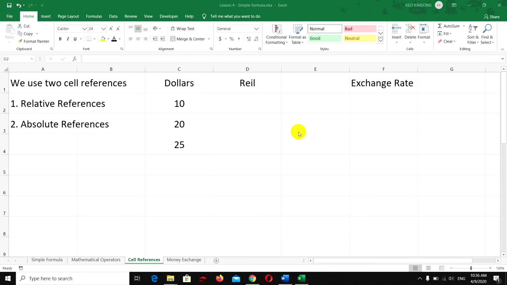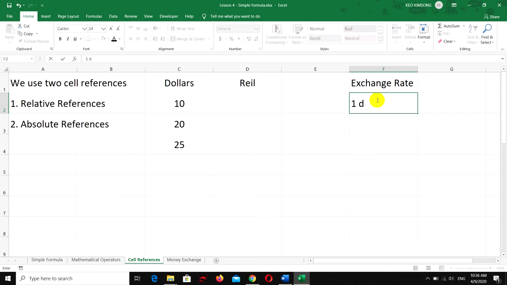But absolute references, when you copy the formula from one cell to another cell, it doesn't change the cell address. So, look at this example. I want to convert from dollars to real. As you know, the exchange rate,